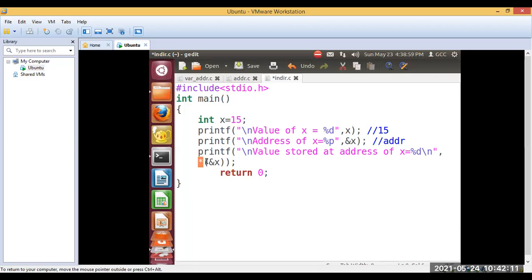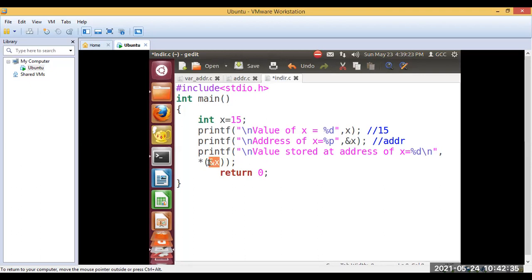So observe this statement here. Asterisk symbol inside. Okay, we'll go step by step. First we will understand what ampersand x is going to give you. It is going to give me the address. Correct.